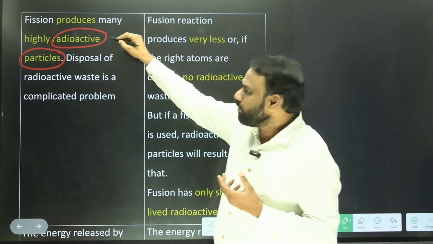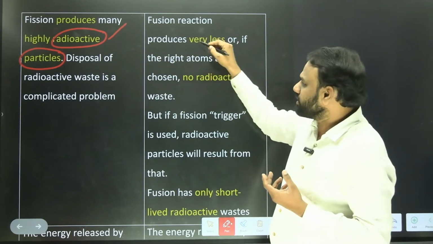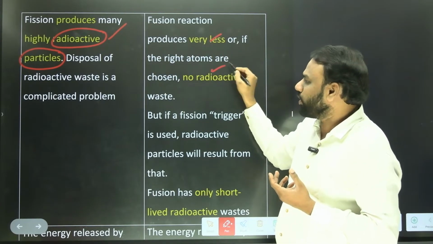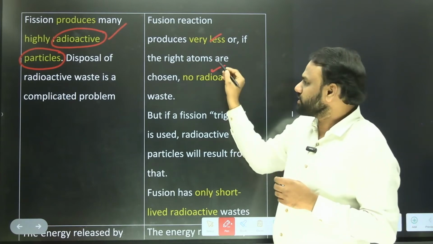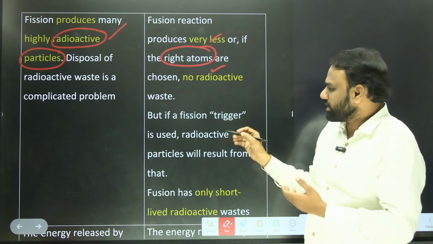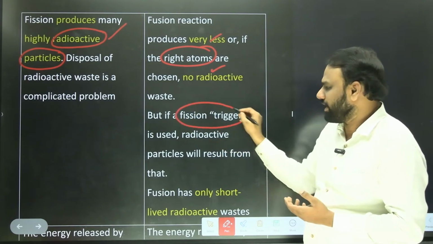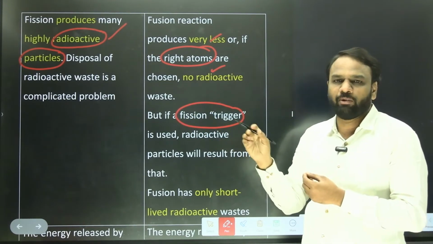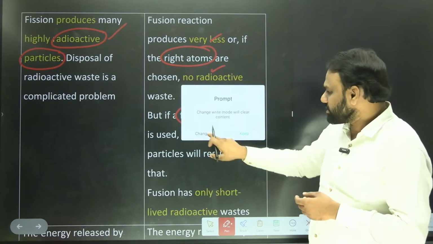Fission produces more radioactive materials. Fusion produces very little and sometimes even no radioactive waste at all, if we use the right type of atoms. But to initiate a fusion reaction, if we use a fission kind of trigger, then it may produce what? A small amount of radioactive waste. Even that small amount of